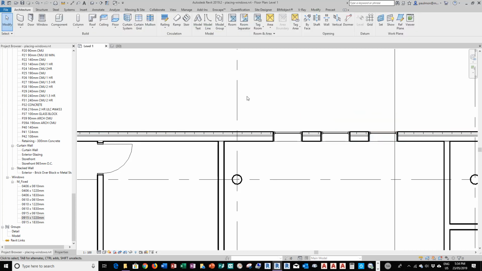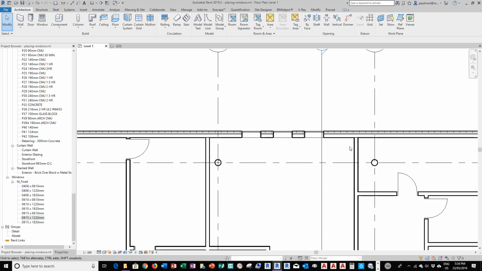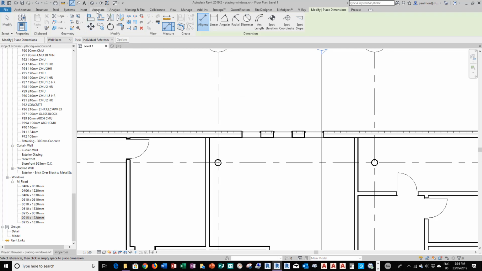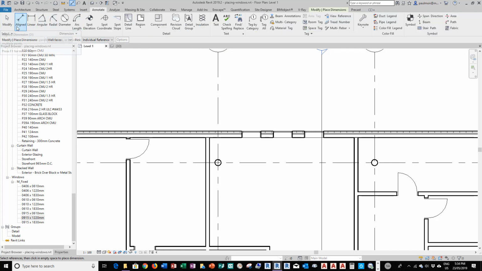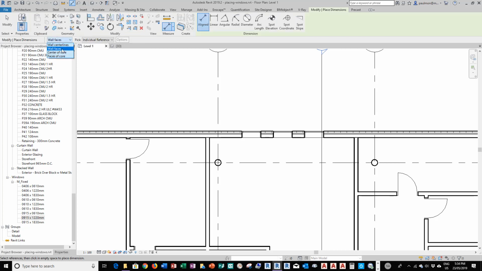Now I'm going to use a string of dimensions to space these windows evenly inside this wall surface. So I'm going to type DI from my keyboard, or you can go to Annotate and use the Aligned dimension. And then from the option bar, you're going to select that the dimension is going to connect to the wall face. So click on the wall face and then pick up the center line of the window and the center line of this window, and then also the center line of this window, and then pick it up again,